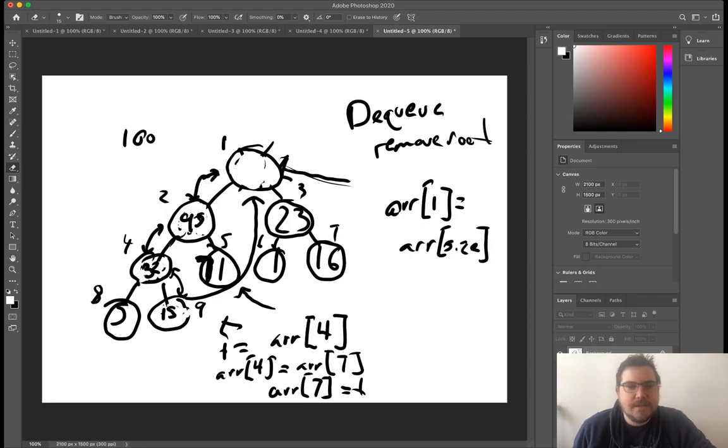That's all that is. So now 15 comes up here. This spot down here goes away. It's gone. And now the tree is complete again, but now the key values are messed up, just like with the in-queue. So then we